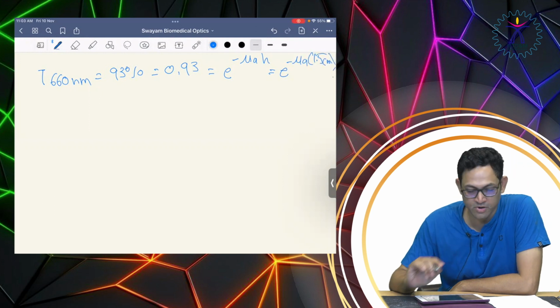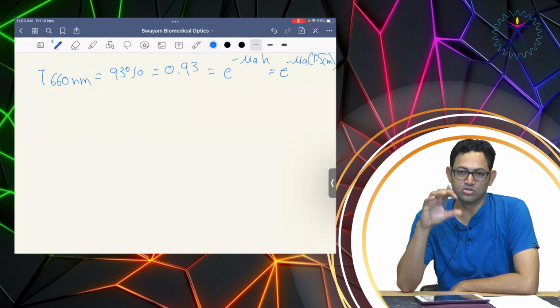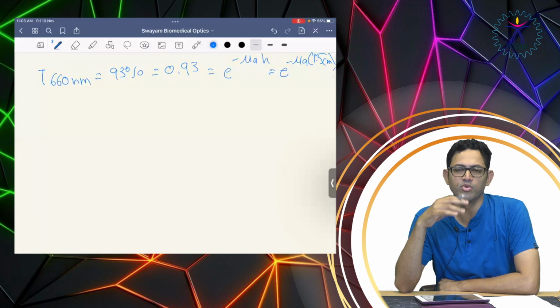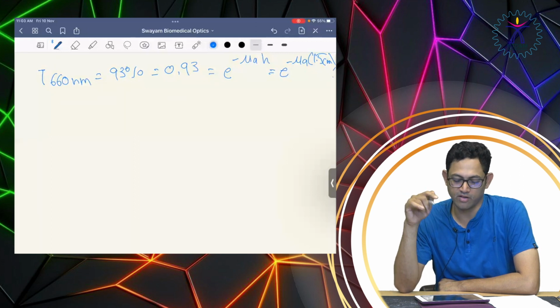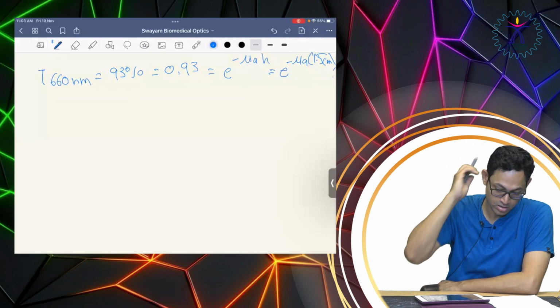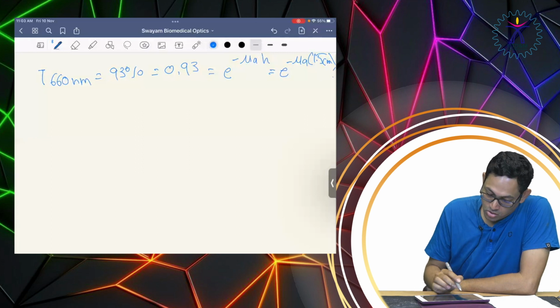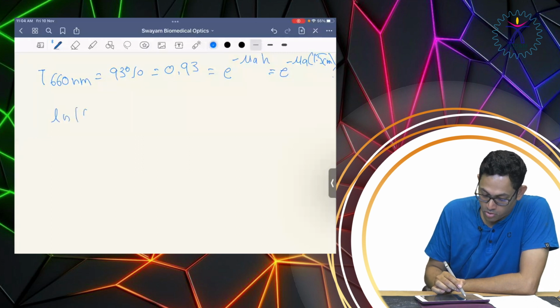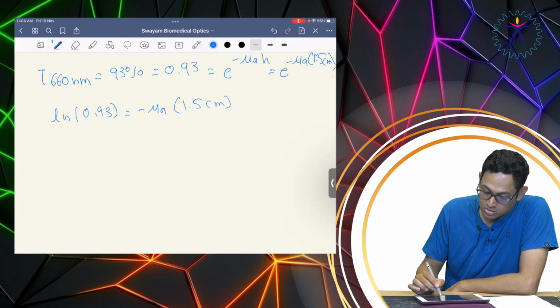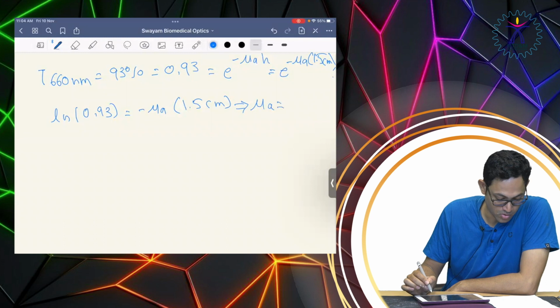This is in centimeters because the molar extinction coefficient was also in inverse centimeters. If it had been in meters or mm, you have to be very careful about the units of the length given in these problems. So I write ln of 0.93 is equal to minus mu a into 1.5 centimeters. Solving this, I get mu a approximately equal to